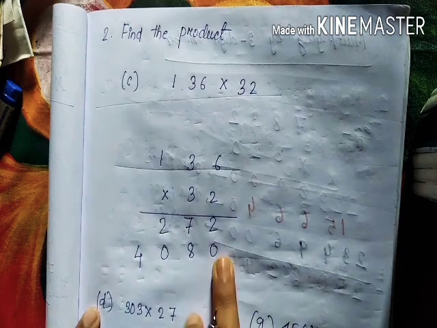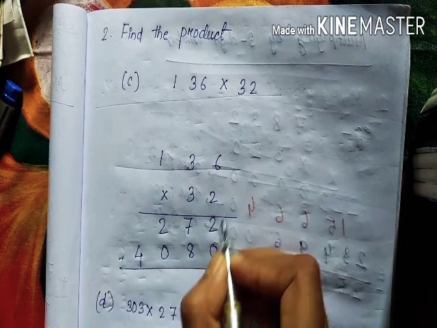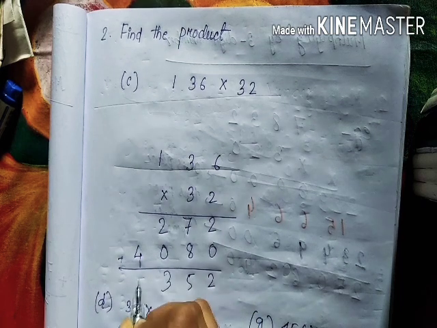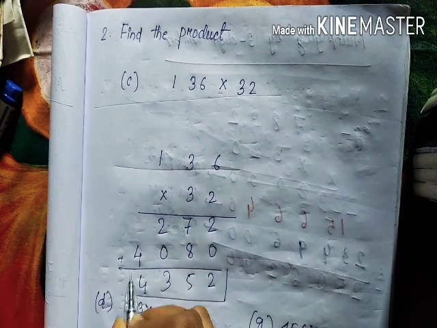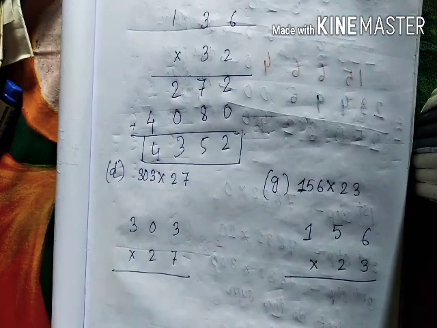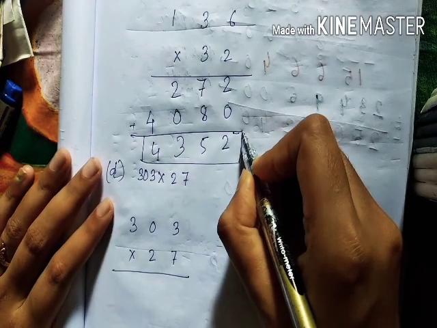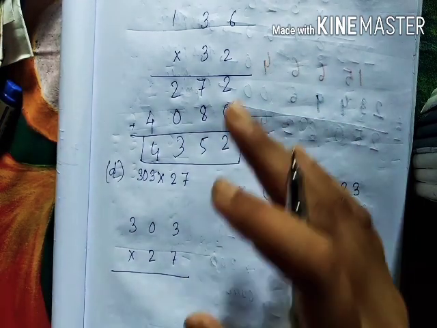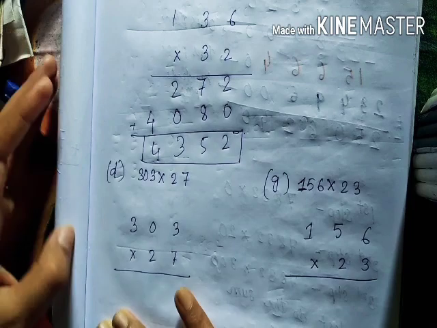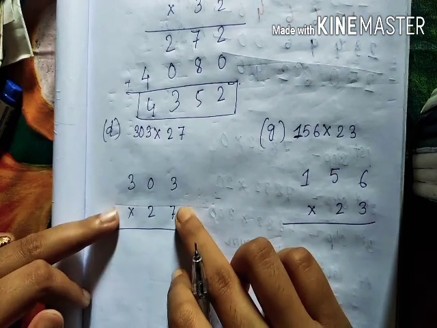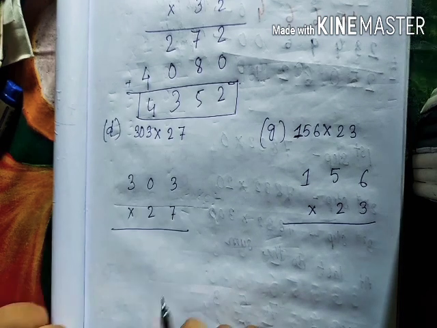Okay, so let's do it. Like this way you will get something, and then we have to add. So 2 plus 0, then 15, carry 1, 3 4. So this is your answer. Okay, so like this way you have to do, and do not make any mistake, because if you hurry, there will be chances of mistakes. So do not hurry. Whatever the question is given, you just write it properly and then start solving.